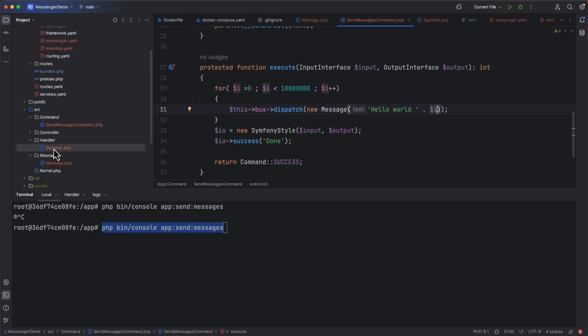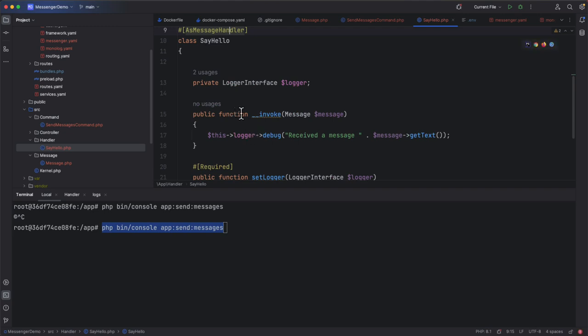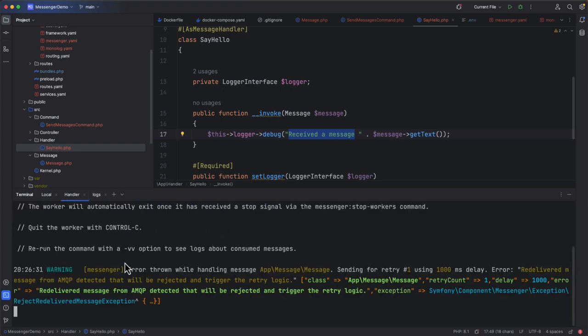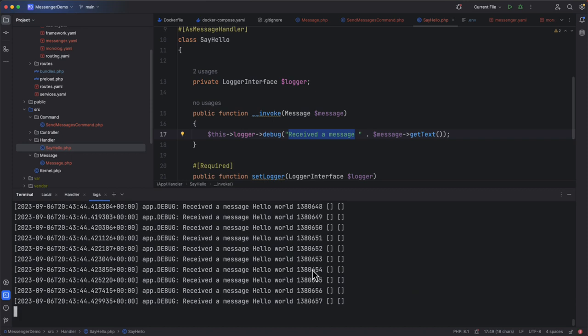will be a handler called SayHello, which will be consuming this message and logging it in the logger. So we are going to have received a message and then the message text, which is hello world, and the message count, which is what we are seeing here. Our handler is being executed, and those are the logs that our handler shows, which are hello world followed by